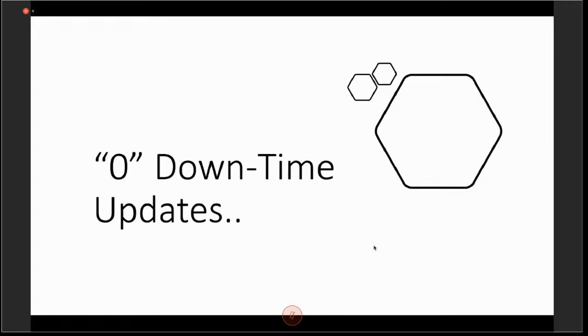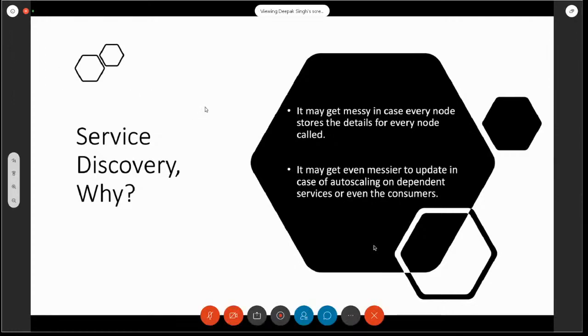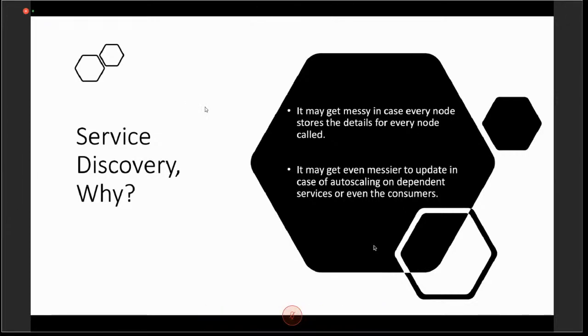Coming down to zero downtime, yes, we talked about the rolling update and the recreate. That is our choice: how do we want to implement that? That is the most important part of it, and how do we take that forward? Now, the third part is service discovery, which is the next important item. When we have this scaling happening all around, how do we manage the service discovery part of it?